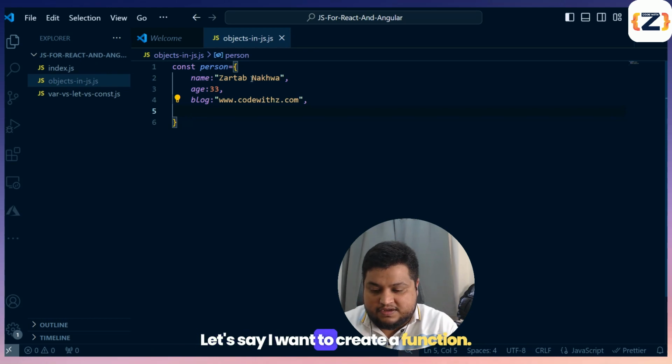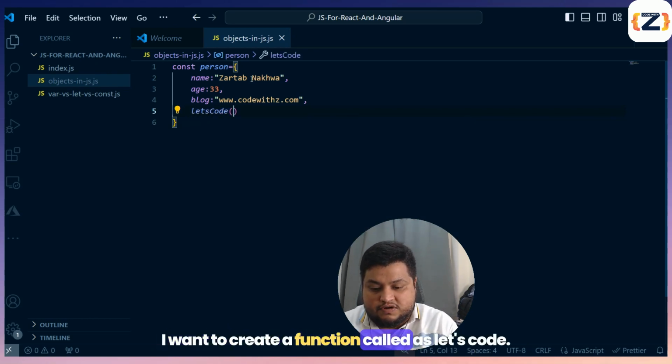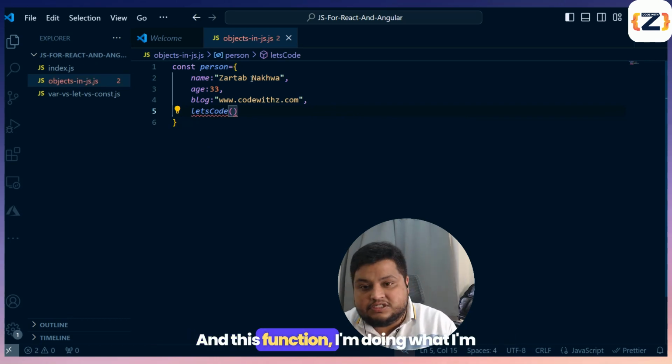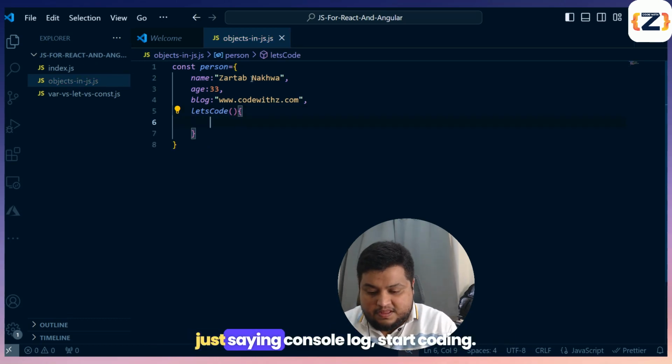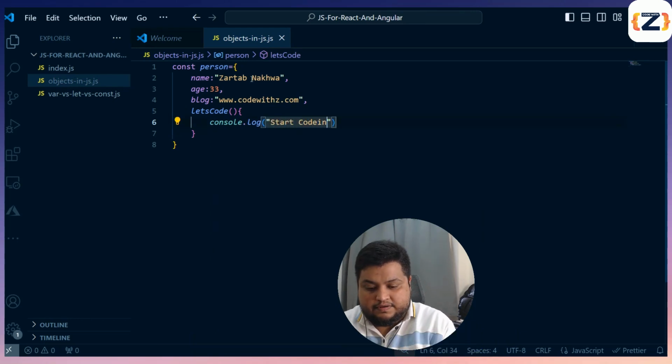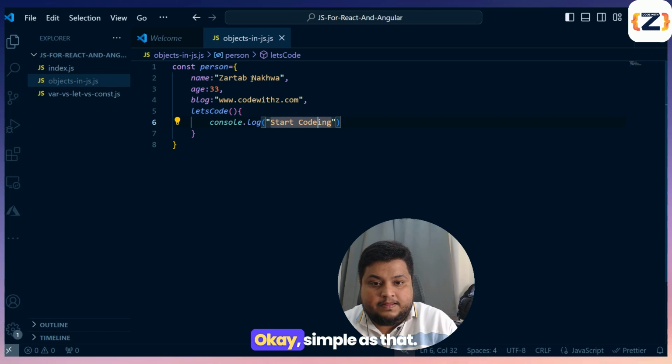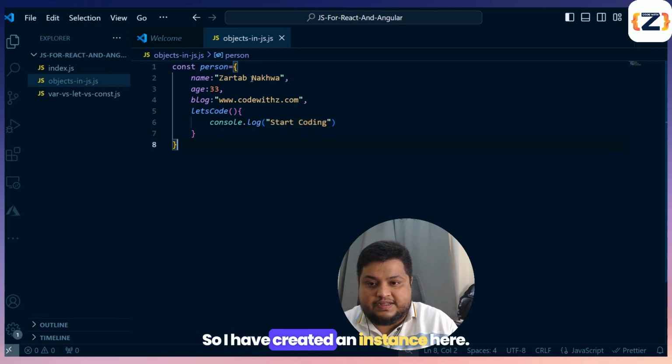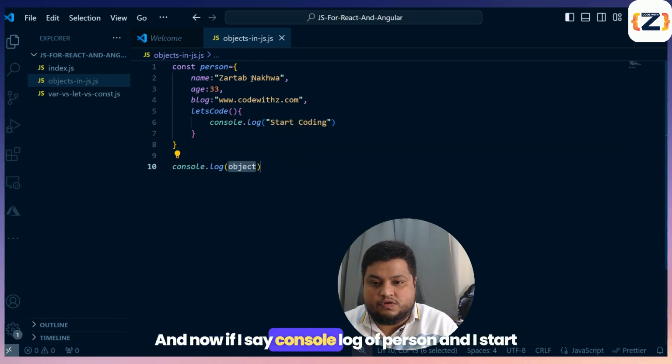And continuing ahead, here I can actually describe a function as well. Let's say I want to create a function called letsCode. In this function, I'm just saying console log start coding. Simple as that. So I have created an instance here, and now if I say console log of person